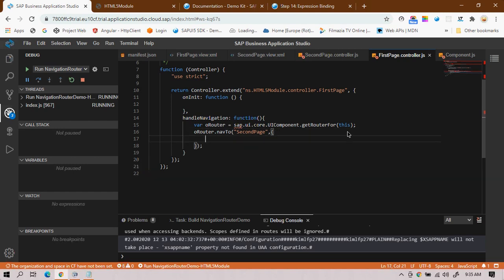Whatever data you pass should be dynamic, because I don't want fixed data to be passed every time. The data has to be dynamic.